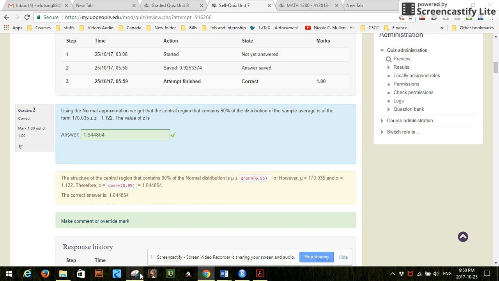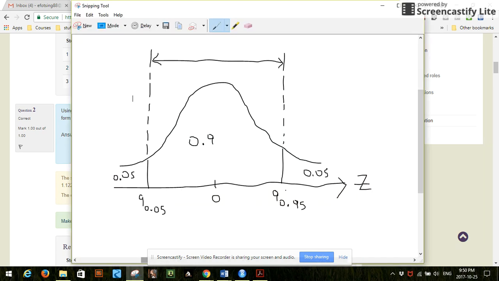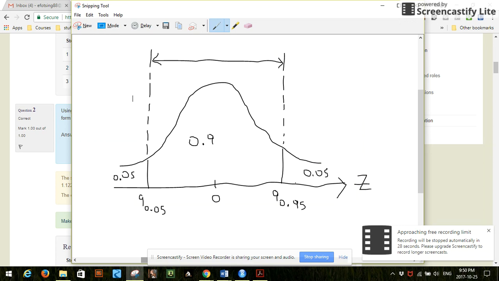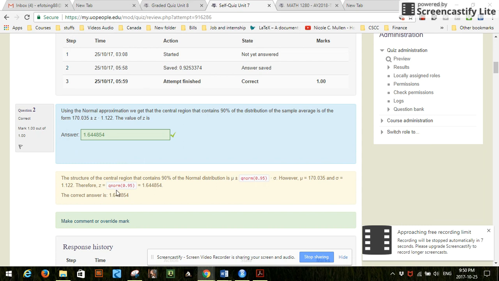0.95. And why is it 0.95? Because we break this down so that 90% falls in this area. Which means that at the upper bound and lower bound, we are going to have 5% and 5%. You see, if you add all those probabilities, you end up having 1. So that's why you need to do the q norm of one of those quantiles. In this case, it was the q norm of 0.95. But remember, the q norm of 0.05 is just going to be the negative of this value. So that's pretty much